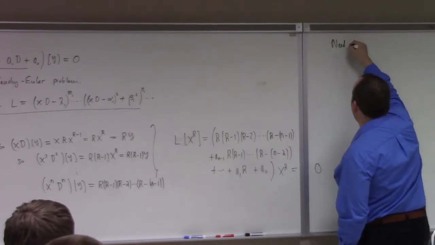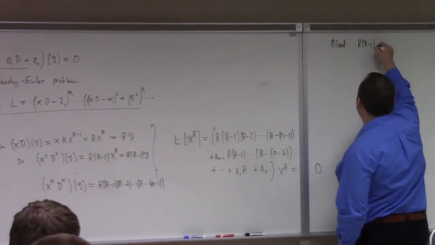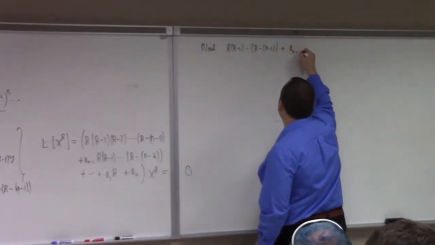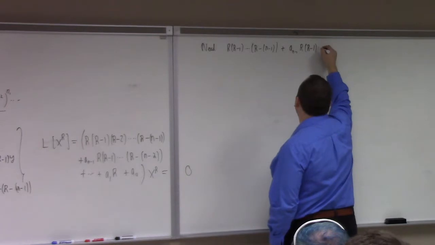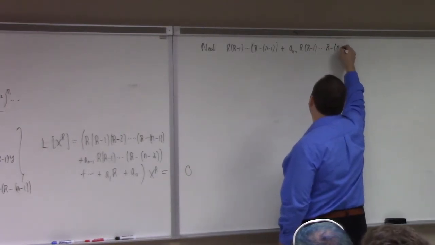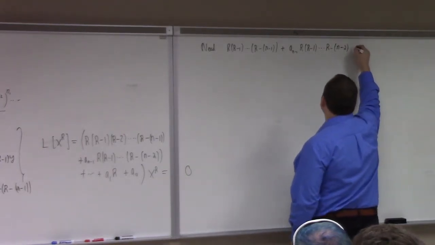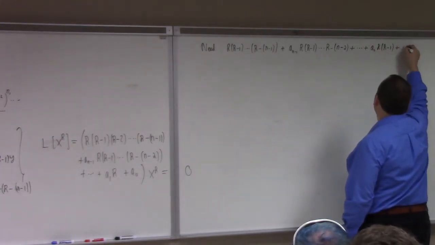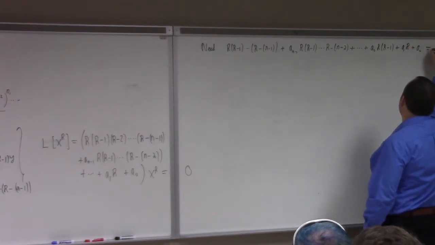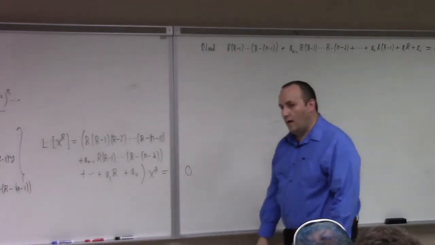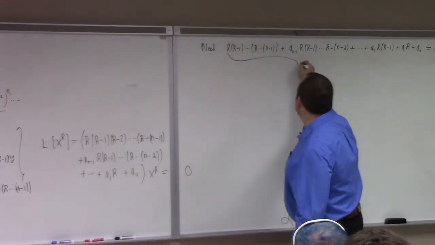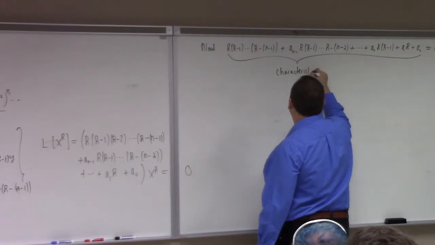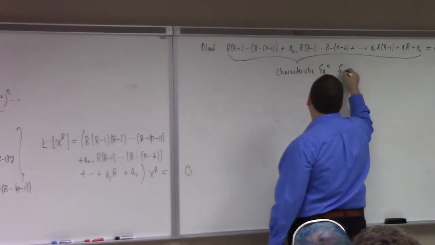We need r times r minus 1 dot dot dot r minus n plus 1, plus a sub n minus 1 r times r minus 1 dot dot dot r minus n plus 2, plus dot dot dot, plus, let's say, a2 r times r minus 1 plus a1 r plus a naught equals 0. So this is the characteristic equation for the nth order